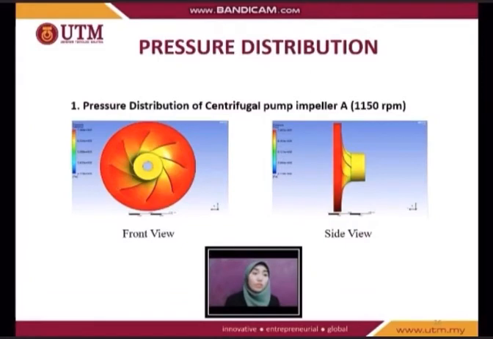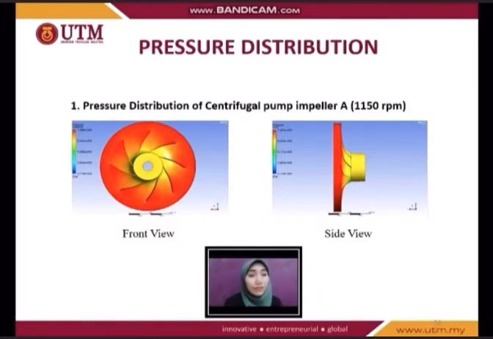Pressure distribution, and this one is for type A, which has 1150 rpm, and the figures show the front and the side view. Okay, the simulation results are shown at the left side of this figure, where the impeller has a maximum pressure of 740 kilopascal and a minimum pressure of 270 kilopascal. The pressure at the inlet of the impeller is 624 kilopascal, while the outlet of the impeller has a pressure